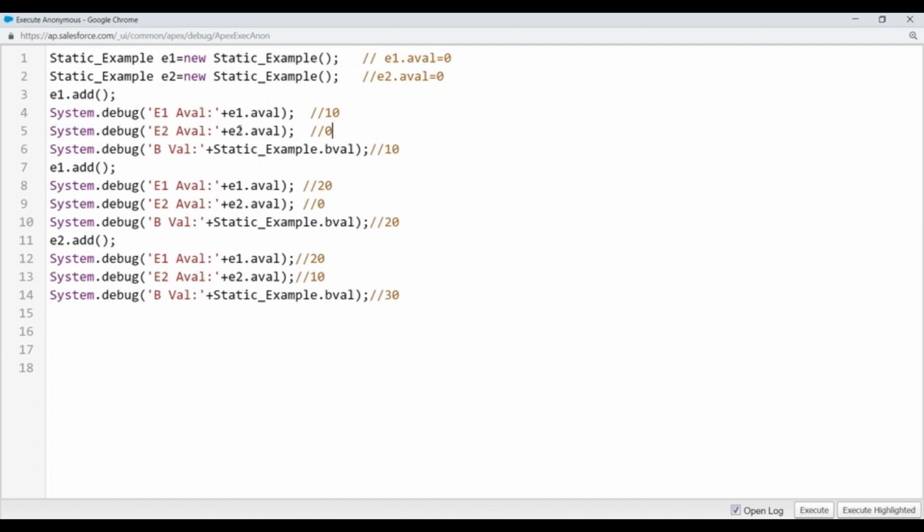What is the value of e2? Now when I told e1.add, take the data from e1 and perform the operation called add. So e1.a, when you call it, what is the value? a value equal to